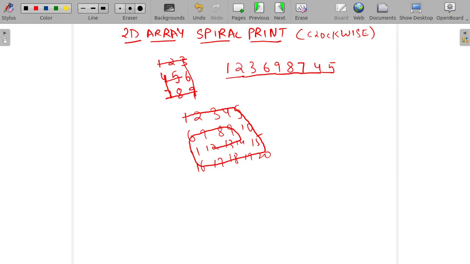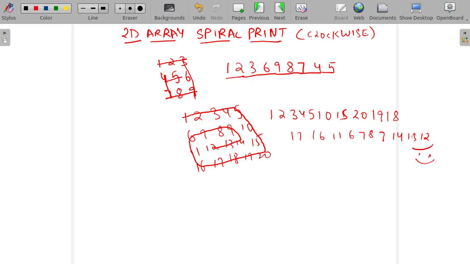We want to write a code which will print the elements in this array in this manner. I should also write this: 1 2 3 4 5, then 10 15 20, 19 18, and then 17 16 11 6 7 8 9 14 13 and 12, right? So we have to write code for this.